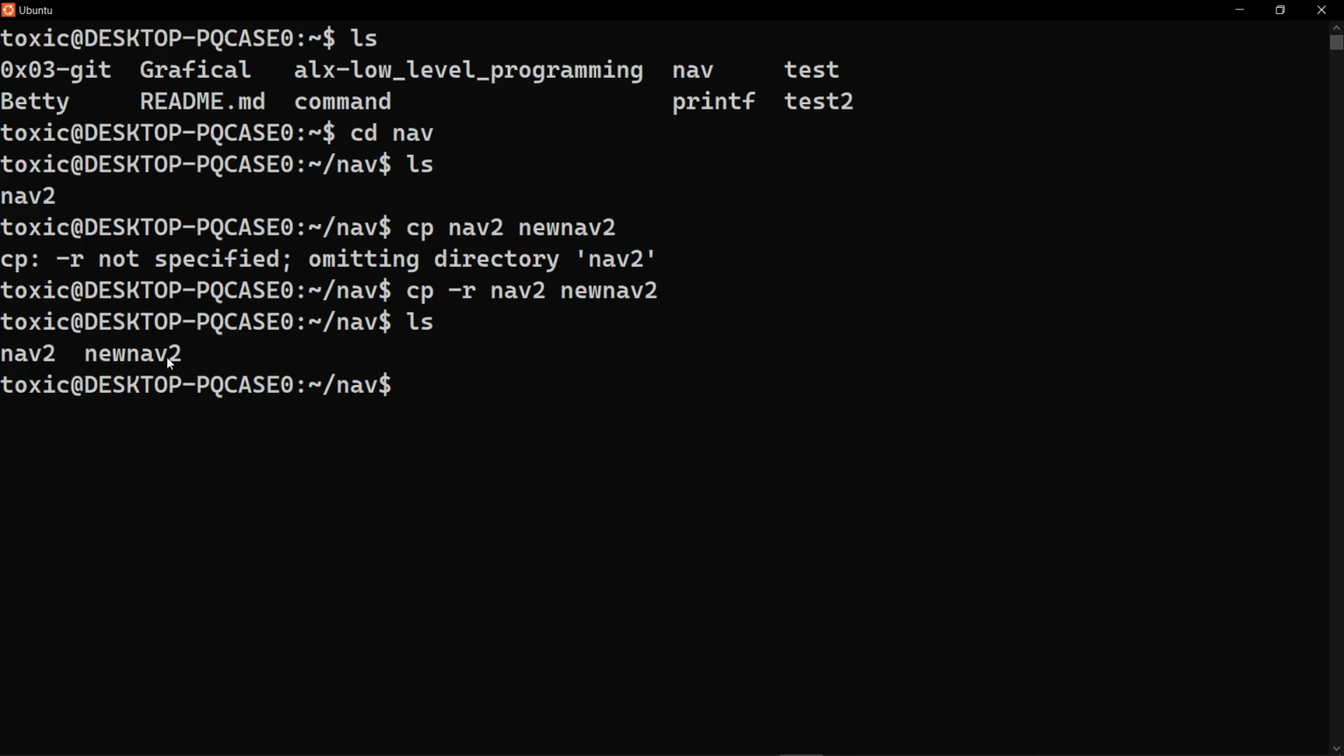Okay, so that's about it. That's about copy. But say I didn't like the new nav2 name. I want to change its name. This is where mv comes in. mv means move, and also has the property of renaming. We can rename the new nav2, which we just created, and rename it, say, new name,